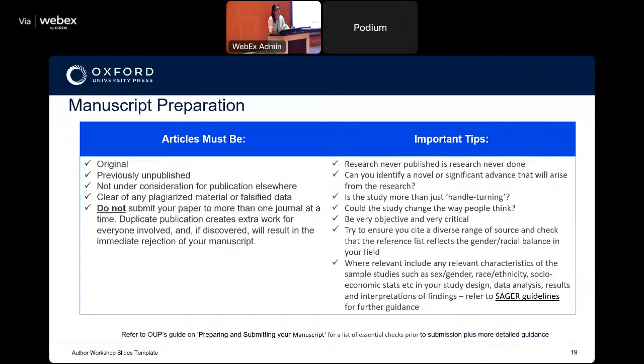When you submit your article, remember it's not a job application. It's not like you give your resume in 10 places and some company or other will take it. It's not like that. Don't gamble by submitting your article to more than one journal at a time. Not only will all the 10 journals reject your article, you will also lose credibility as a researcher. And you don't want that to happen. You don't want to spoil your chances, do you?